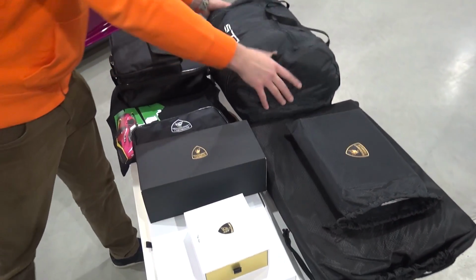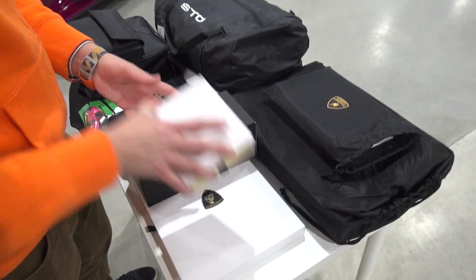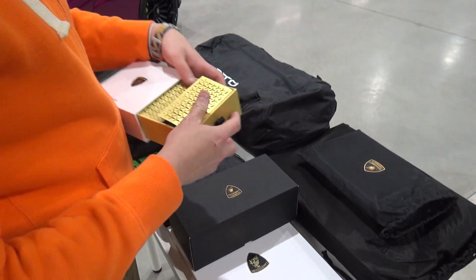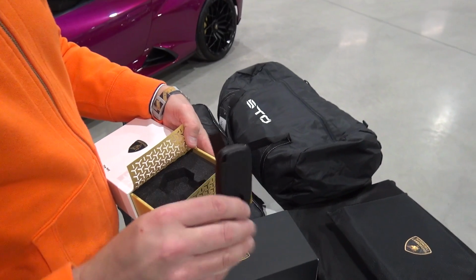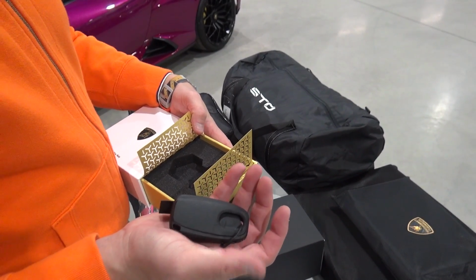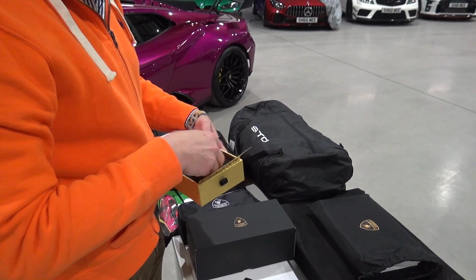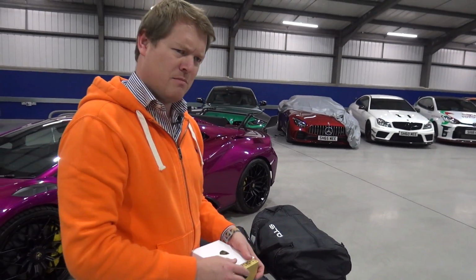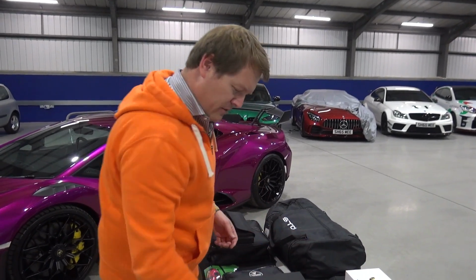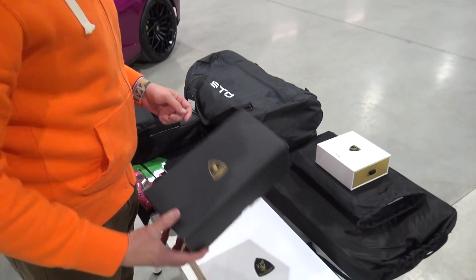We have the car cover, which the car was fitted under. Nice that it comes with one of those. We have the spare valet key, which I didn't really have a look at either, but basically it comes with 2 normal keys, and then this rather odd valet key, which is what you can use just to unlock the car, but not to start it. So not if you need a valet to park your car, basically, just if you need a valet to get something out or something like that. Anyway, we've got the invoices and